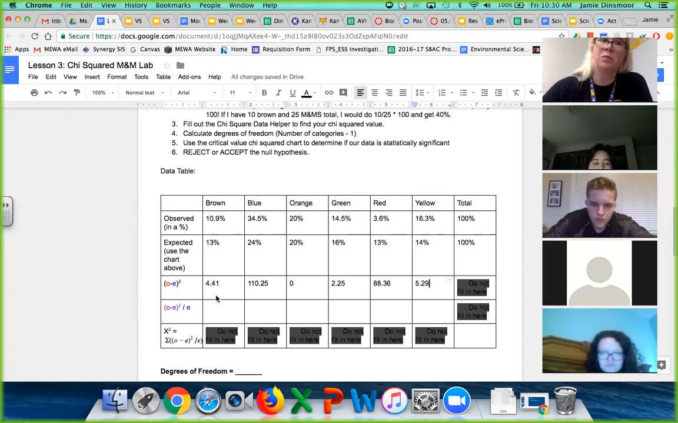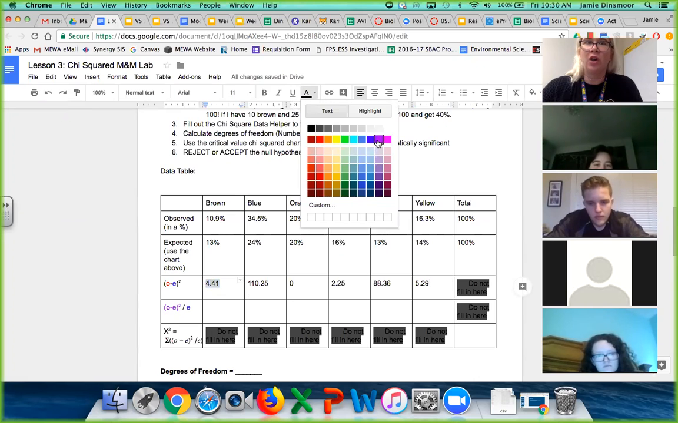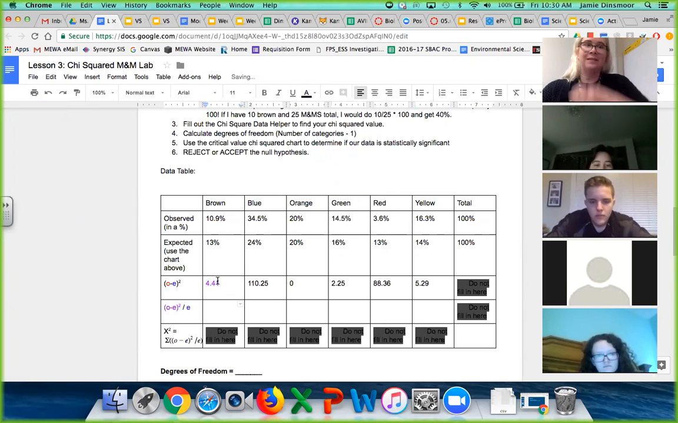The next step is we take our number from this box and we divide it by the expected value. So we already did O minus E squared, right? That's this number right here, 4.41. I made all these colors so that you can follow the color. But we're going to be taking this purple value and dividing it by our expected value again. So our expected value for brown is 13%. So we're going to divide 4.41